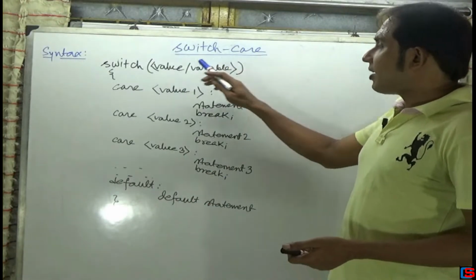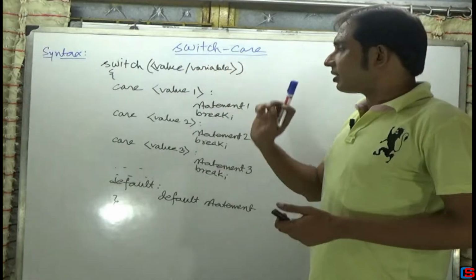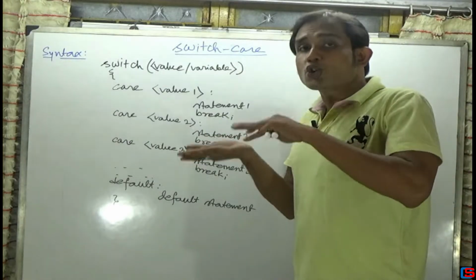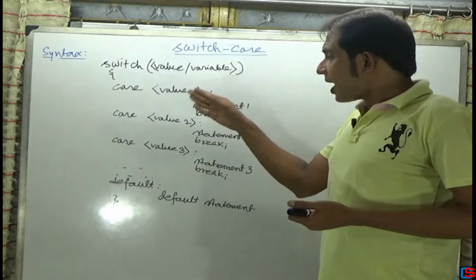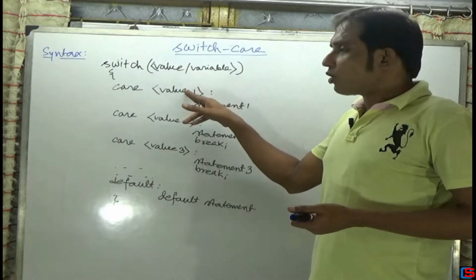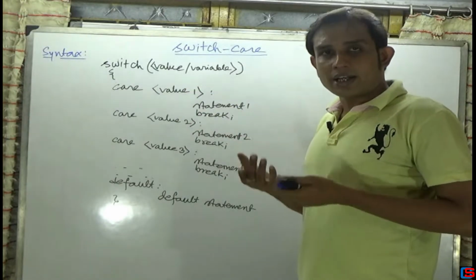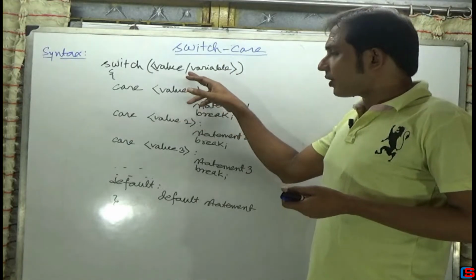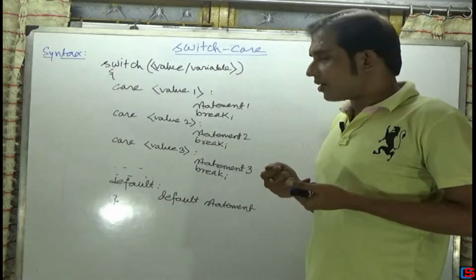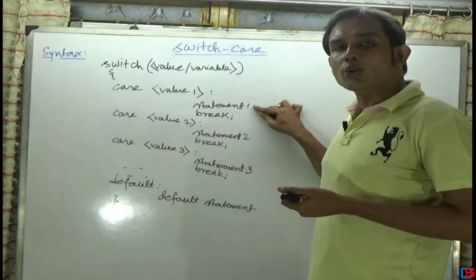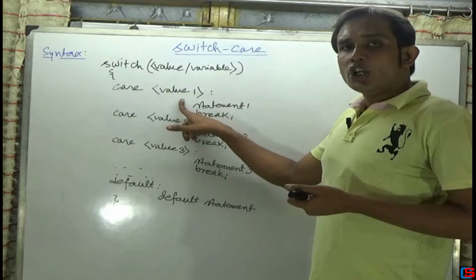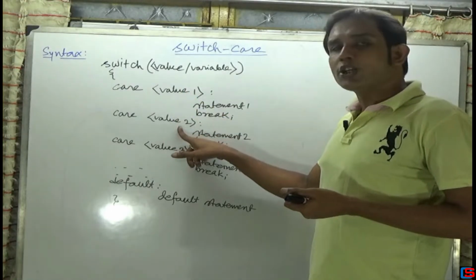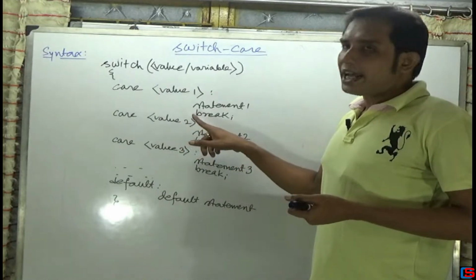Now I have just written the value or variable name here. Now if the value, or the value which is stored in the variable, is matched with value 1, and value 1 may be a character or a number, then statement 1 is going to execute. If it is not equal to value 1, then it is going to check with value 2,